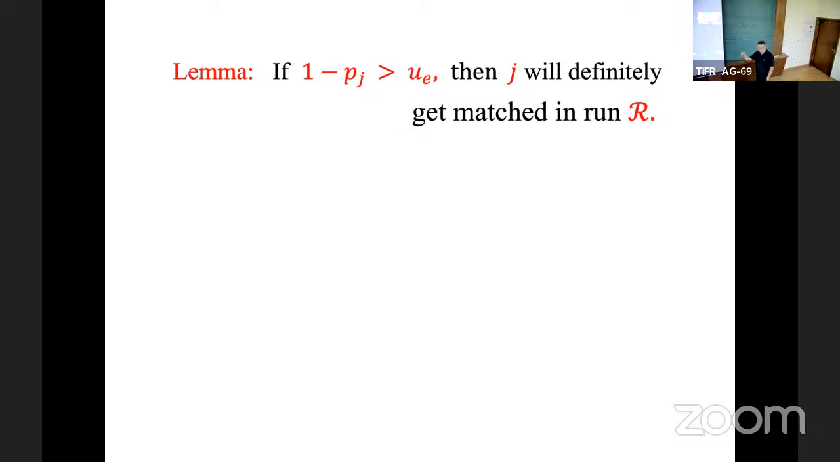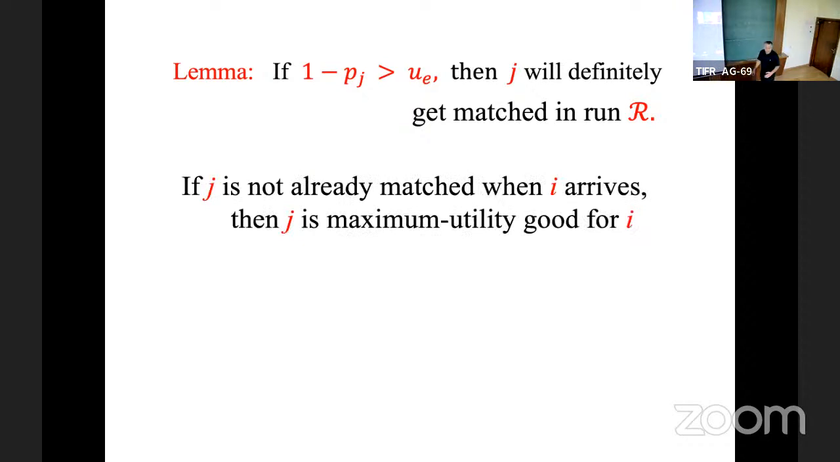So if without J, you got utility UE, and if the price of J is sufficiently small in that particular randomization, so that the utility 1 minus Pj is bigger than the utility that I got in this run Rj, then J will definitely be matched. And it's a straightforward, simple fact,